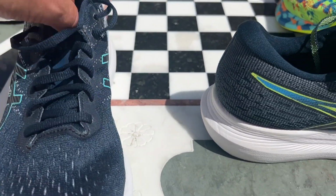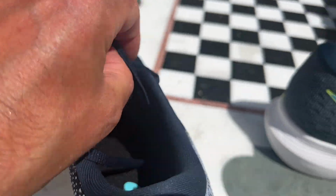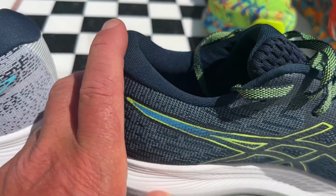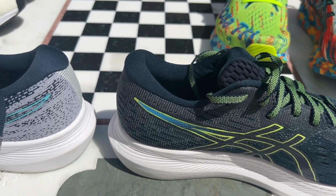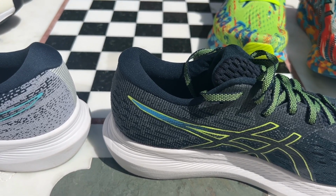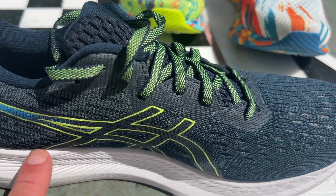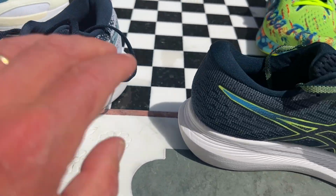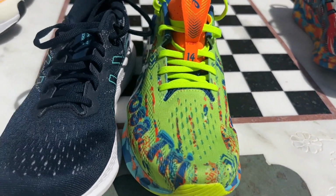Now in terms of the tongues, we get a thinner tongue here, you can see, whereas over here we had a plush thing. Overall, the weight savings, because we come in here considerably lighter by a full ounce, to let me remind myself, 7.3 ounces or 207 grams, whereas we had 235 grams for the number 2, 8.29 ounces. So the lighter weight is also felt. Now, I'm going to give you some comparison videos also, but in terms of fit and feel,